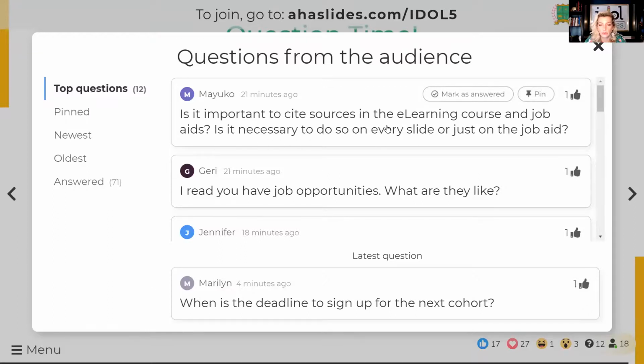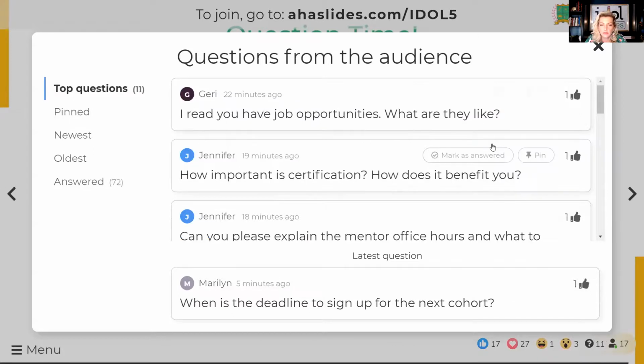No, please do not cite all your sources on every slide. For your job aid, you could put a hyperlink, because most job aids are PDFs, that says resources and takes them to a Google Doc with resources. You don't want to take up valuable real estate on your slides and in your job aids with citations.